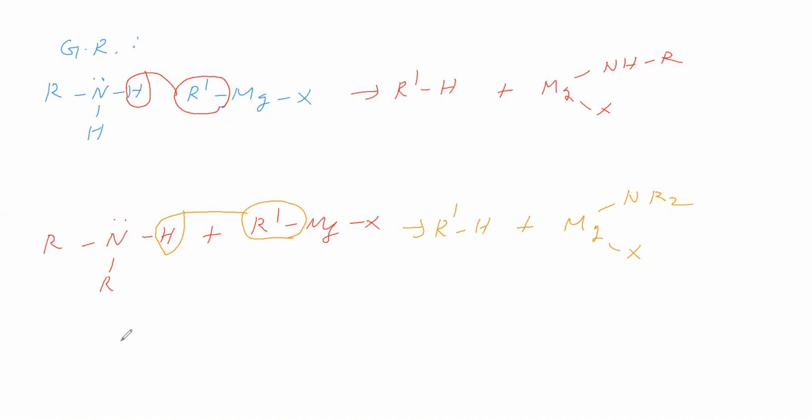Now we will take a tertiary amine and add the Grignard reagent. No reaction takes place because the amine nitrogen does not have hydrogen. So the Grignard reagent will give an alkane like this if the functional group has active, acidic hydrogen. This is possible with alcohol, with acetylene, and with HCl.